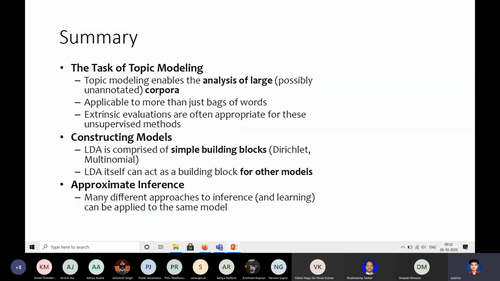There are some hyperparameters. This assumes a bag of words. This doesn't consider sequences of words. It's just a bag of words. It's unsupervised. It gives you a clustering, and maybe sometimes you need some amount of extrinsic evaluation for how good the clustering is or what the interpretation of the topics are. These are extrinsic.